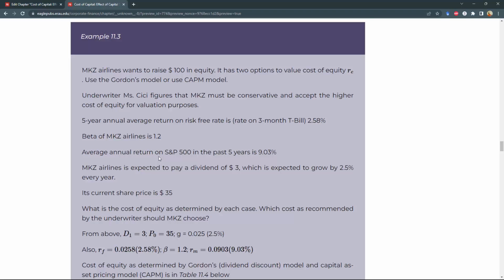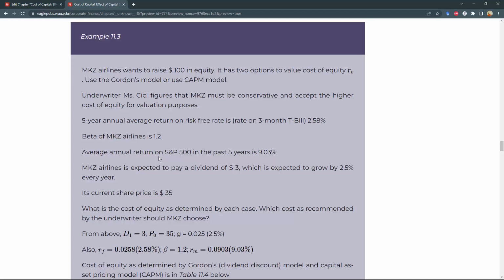Example 11.3. MKZ Airlines wants to raise $100 in equity. It has two options to value the cost of equity, RE: use the Gordon's model, or use the CAPM model, the capital asset pricing model. Underwriter CC figures that MKZ must be conservative and accept the higher cost of equity for valuation purposes. The 5-year annual average return on the risk-free rate, that is the rate on the 3-month Treasury bill as of the